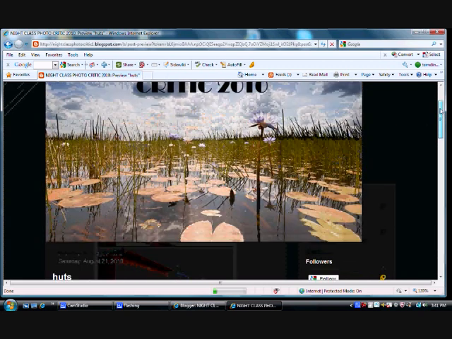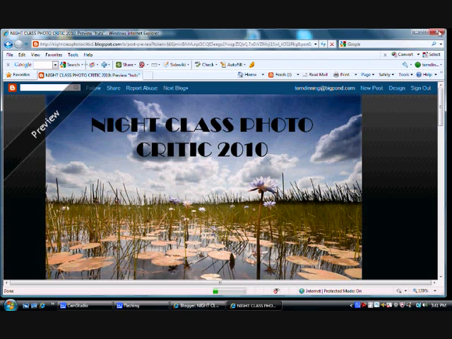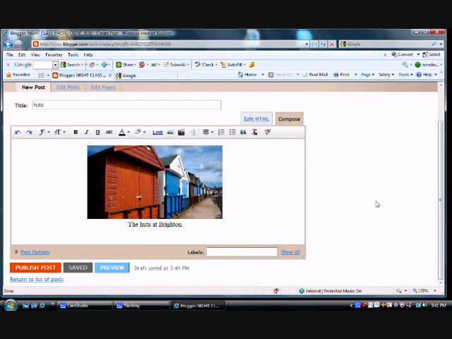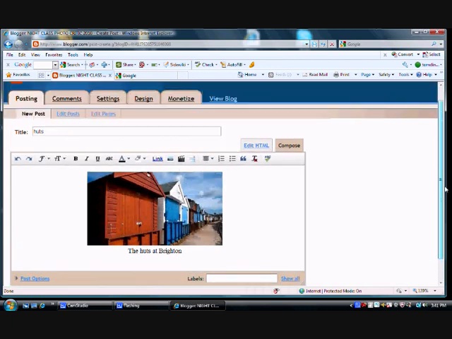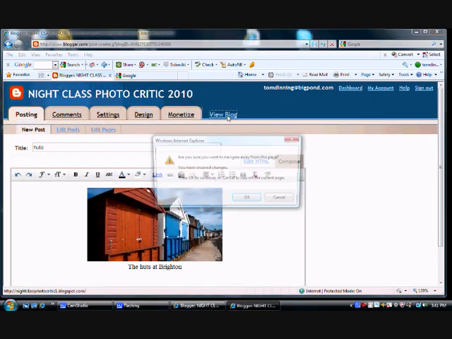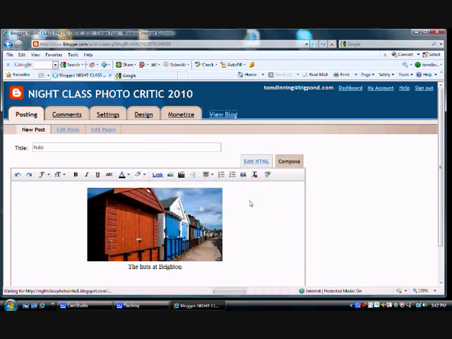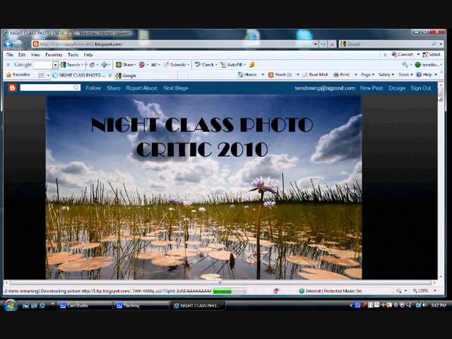Now this is a preview, right? So we can close that again, and we can publish if we want, right? That will permanently put it onto the blog. In this case, I'm not going to. I'm going to just close that and just go back and view the blog again. Right. And we can just have a look